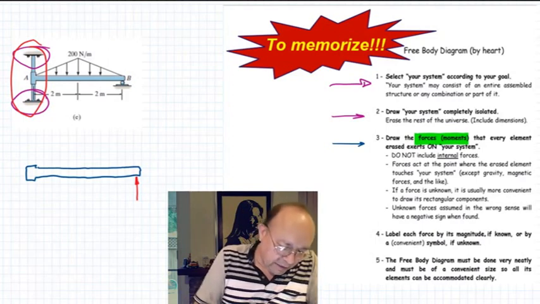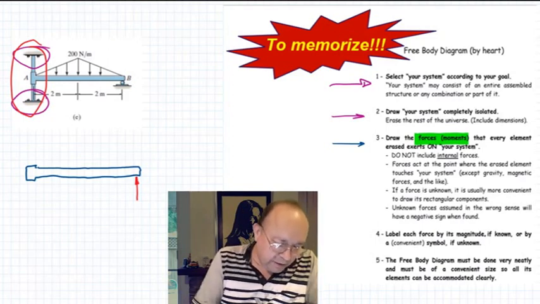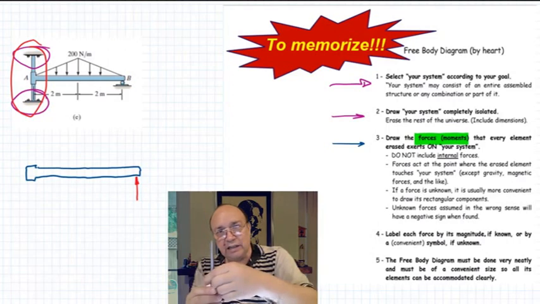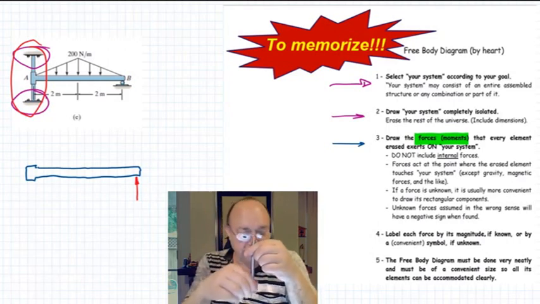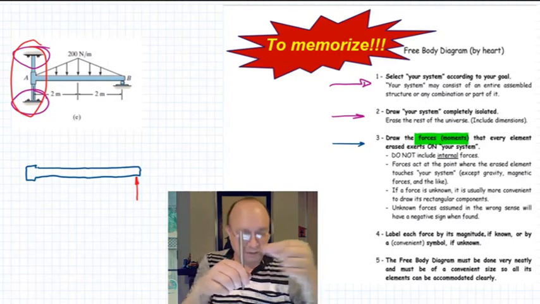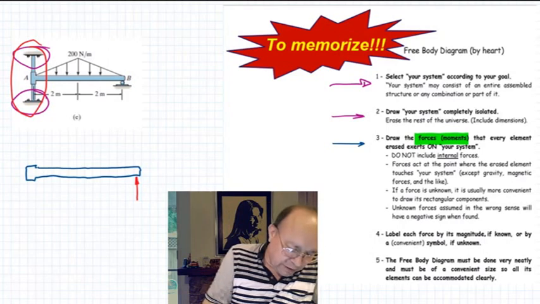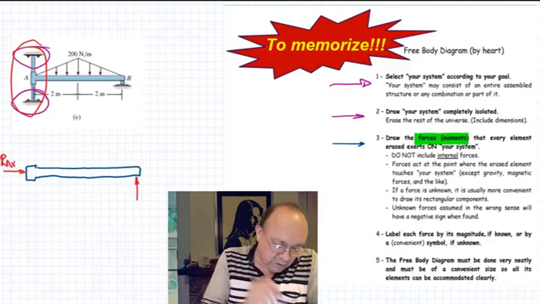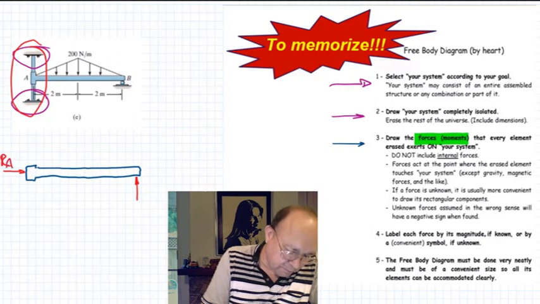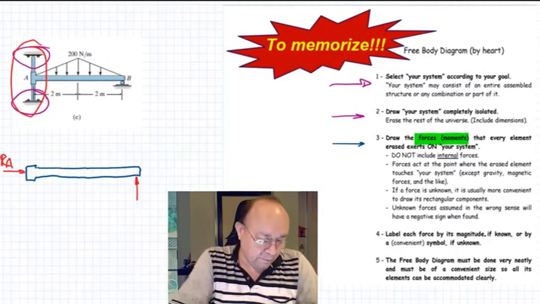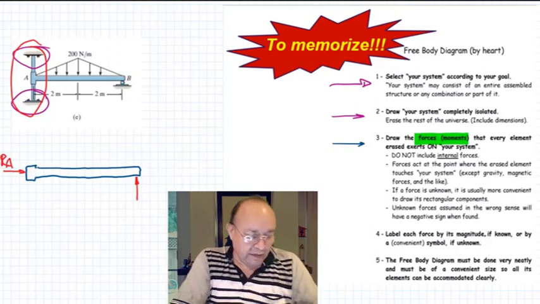And here on the left at point A, there is no vertical force because that's like a free rod that doesn't produce any reaction to the vertical motion, but it produces a reaction in the horizontal direction. So there will be a force here. Let's call it RAX. Since there is no y direction, we could call it just RA, because we know that there is no vertical component there, because it's a frictionless rod.